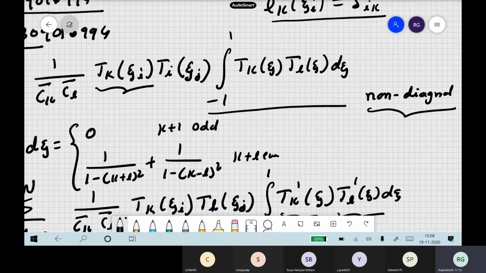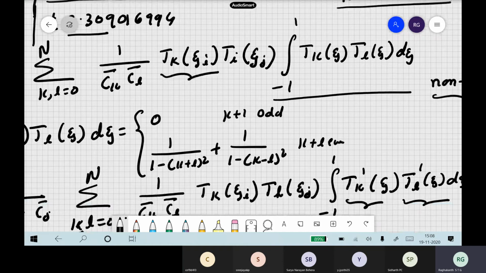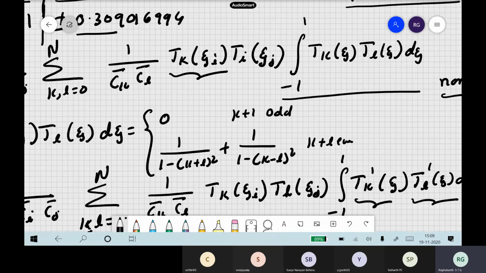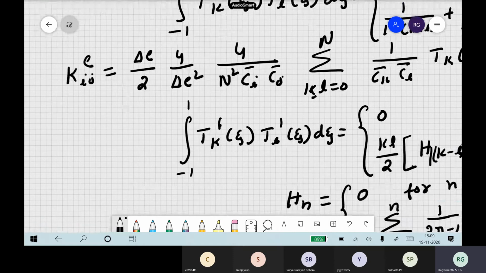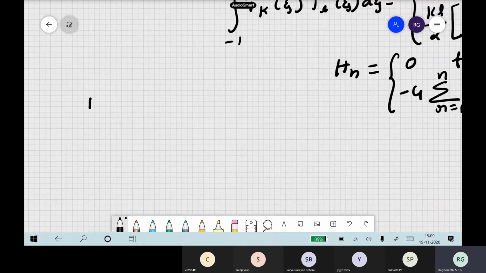So this is how the Chebyshev spectral elements work. It is also one which is widely used in practice. Even some commercial codes are available, and I think free sources are available. But the main problem here is that when you use these Chebyshev spectral elements, your mass matrix and stiffness matrices are still non-diagonal. So this is one disadvantage with these Chebyshev spectral elements. It is as good as the finite element itself.